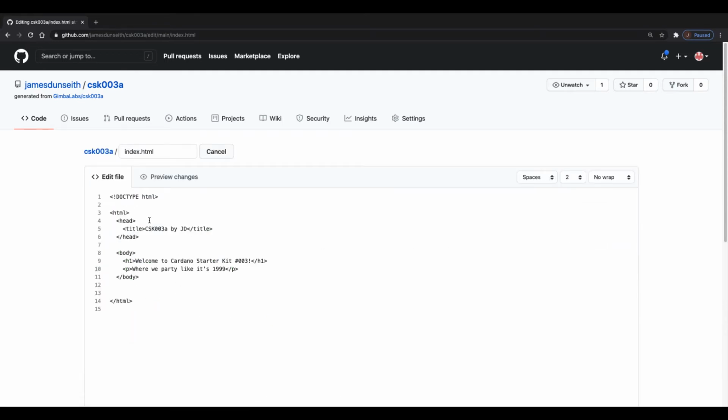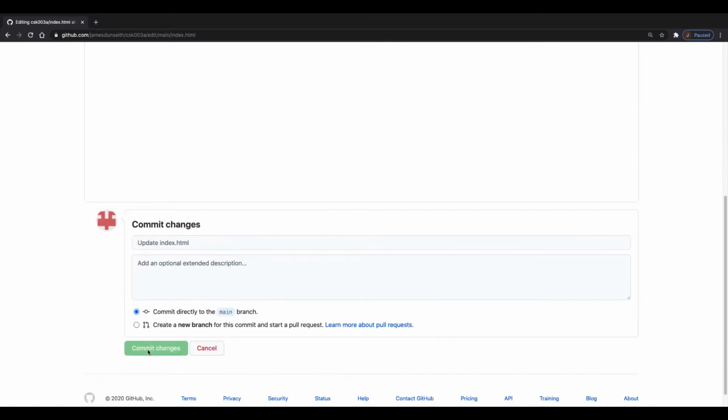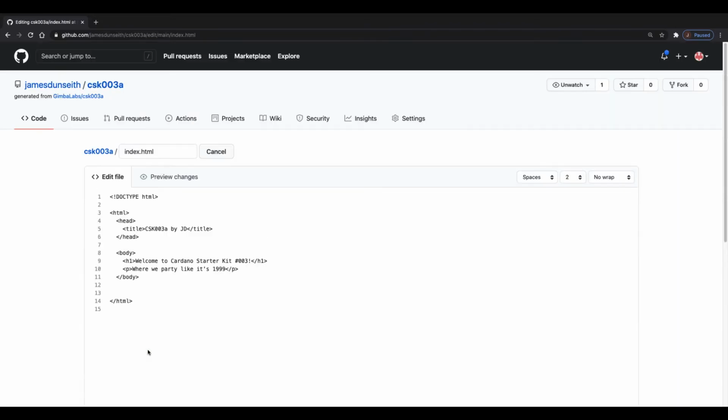But then actually every time I edit it and make changes, I then have to commit those changes, and then I have to wait a few moments for them to appear in GitHub Pages, which is just a really inefficient way to work. You could do it, but you would waste a lot of time doing so. So instead of doing that,